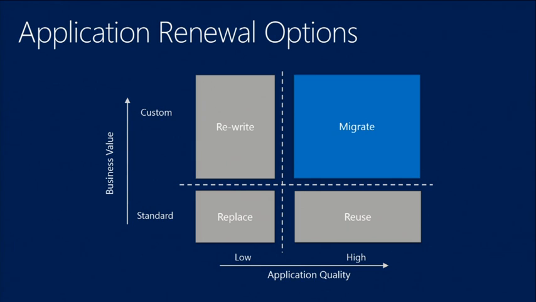Let's say, the technical quality of the application. So is this something that was really poorly written 20 years ago, or is it something of decent technical quality and it's worth rescuing? So when you combine these two things, you have different alternatives. So again, you may have a custom application that has decent technical quality, and those are the ones that you should look for a migration, for a transformation, for something that will keep the same functionality and just move it out of the current technology